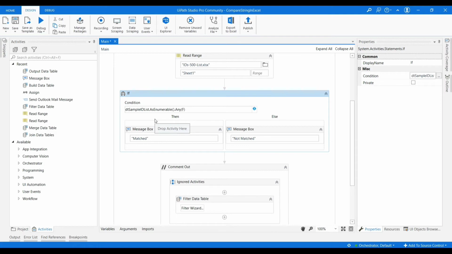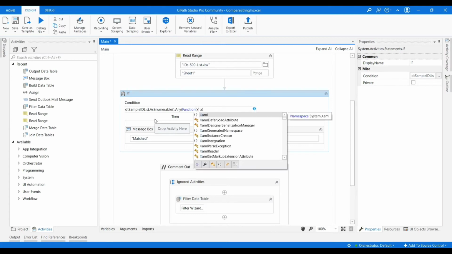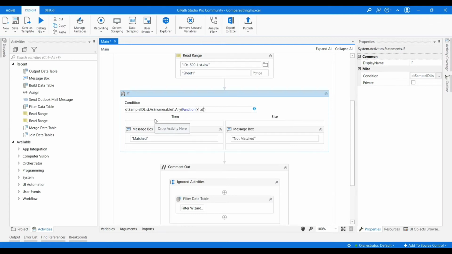bracket open, function of x, x of column name.